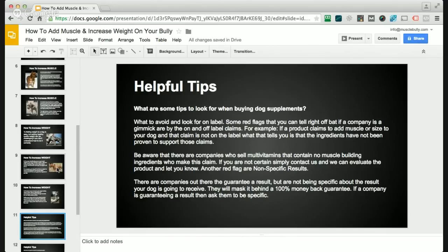Now, what you mean by that is what's stated on the actual bottle label versus what's printed on a website or anywhere besides the actual bottle itself, correct? Yeah. By off-label claims. Yeah. For example, if a product states that it's a muscle building product, you should be able to see that claim on the label. And the reason is, because labeling, there's two labeling guidelines. There's AAFCO and there's the National Animal Supplement Council. And depending on what your product falls under, if it falls under a feed, you're going to go through AAFCO. If it falls under supplement, you're going to go through the National Animal Supplement Council. Either way,